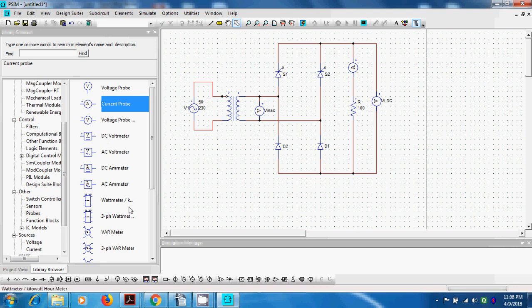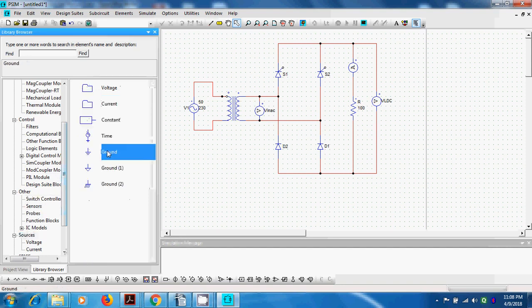Now I will use one ground terminal. Definitely from the source also I will get ground. So this is ground. I will connect like this here somewhere. Okay, so I have three different probes. This is Vin, the input AC voltage, that is a sinusoidal waveform, and this is my output voltage, and this is my output current. But I have not triggered the SCR at a particular firing angle.